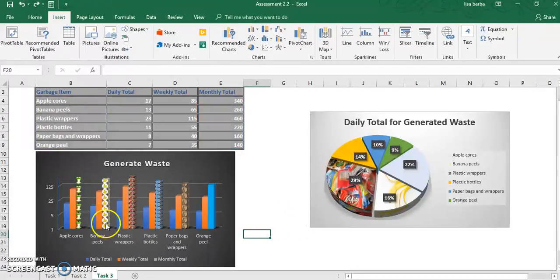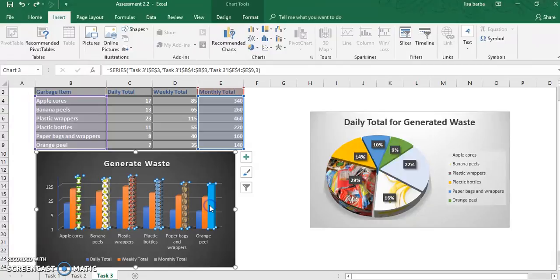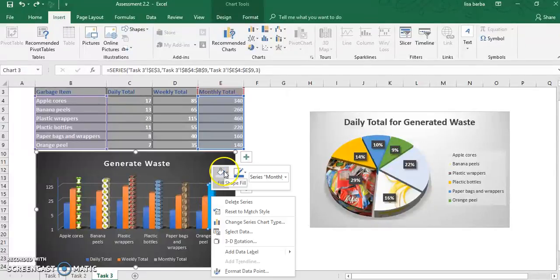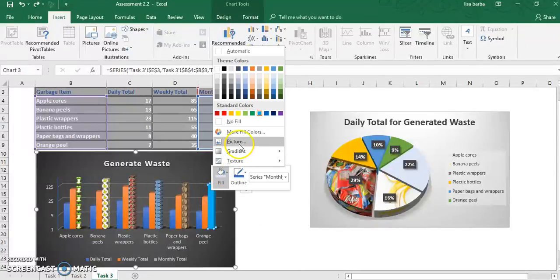Now, as you can see, I have added little pictures for each bar in here, and I'm just going to show you how I went about that. So when you click on the graph, it shows little dots, and that means it's going to change all of them. Now, we don't want to change all of them. I am doing it separately. So I will just click again on this one, and now it's just this one highlighted. I'll right click on it, and I want to fill with a picture,